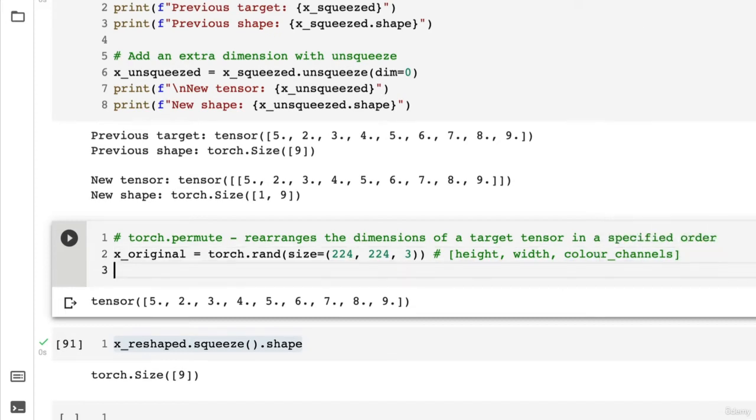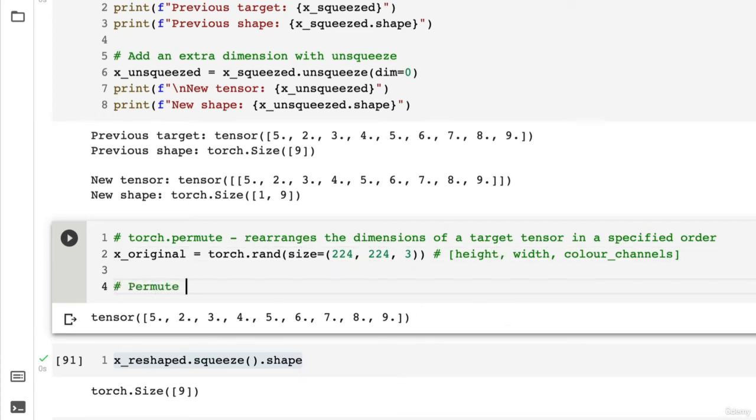Remember, much of deep learning is turning your data into numerical representations, and this is a quite common numerical representation of image data. You have a tensor dimension for the height, one for the width, and one for the color channels, which is red, green, and blue, because a certain number of red, green, and blue creates almost any color. Now, if we wanted to permute the original tensor